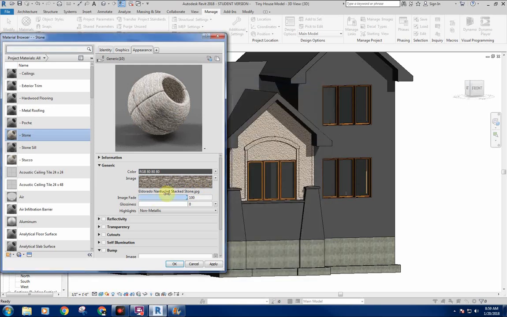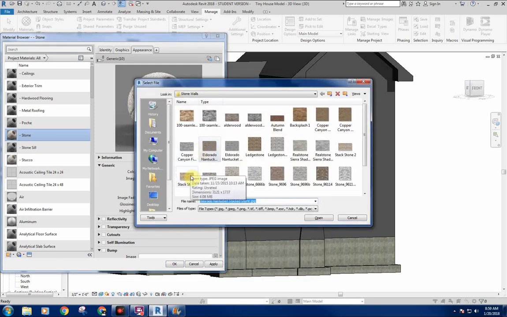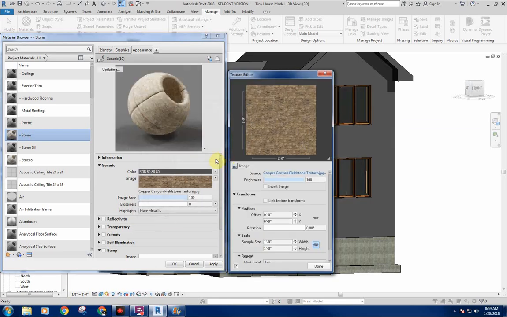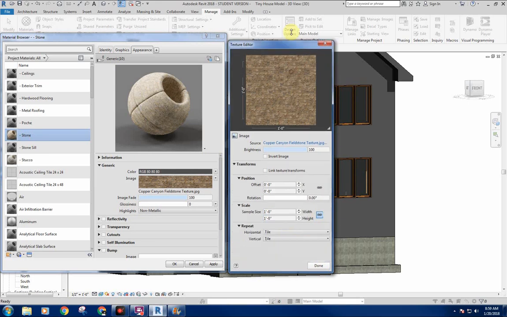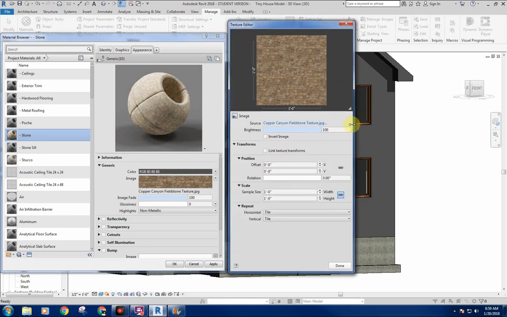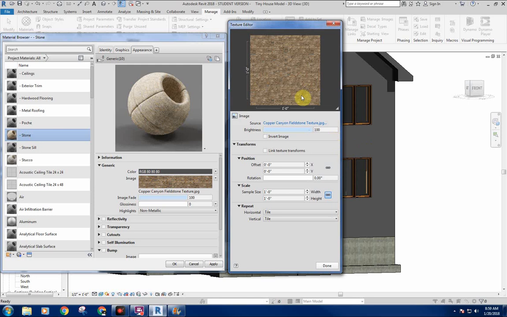So, I don't think that one's going to work real well for the look that we're after. Maybe we'll do something like this Copper Canyon, it's not too bad. So now when I apply this, it opens up this other menu here, and this is telling Revit